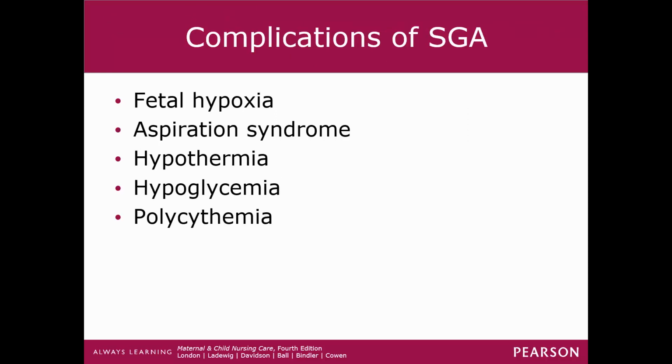Now, complications that your baby can have when your baby is SGA are fetal hypoxia, aspiration syndrome, hypothermia, we already know that, hypoglycemia, we already know that, and polycythemia, okay? These babies that are SGA have uteroplacental insufficiency, so there is your hypoxic situation, and then their aspiration syndrome. So usually babies that are small are having some sort of distress in utero, and then we worry about their aspiration of meconium